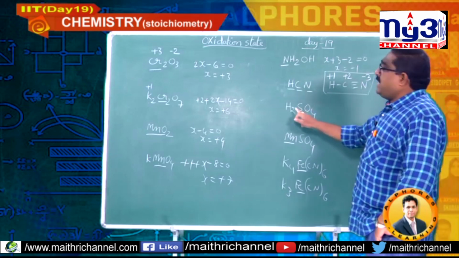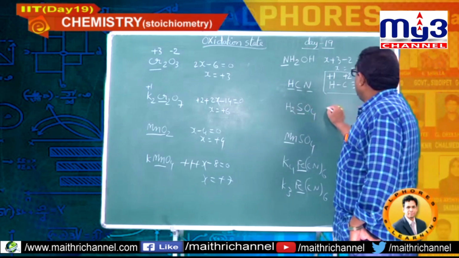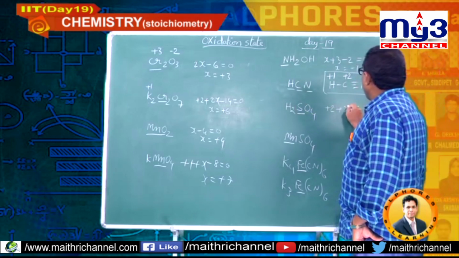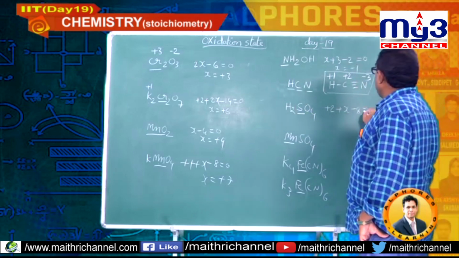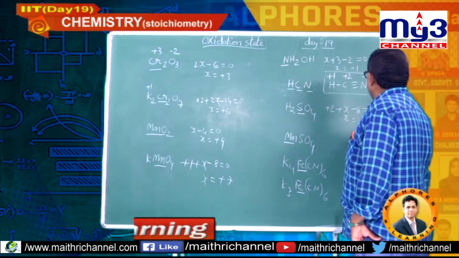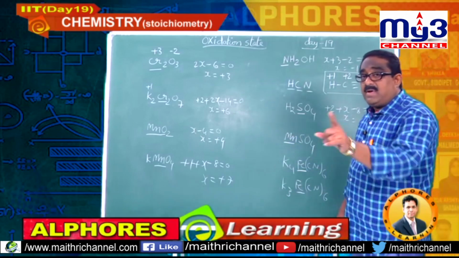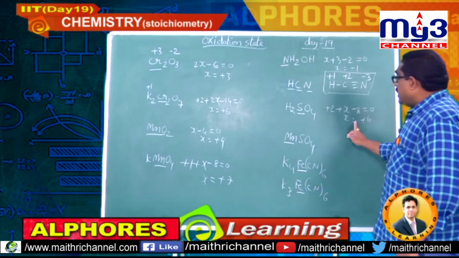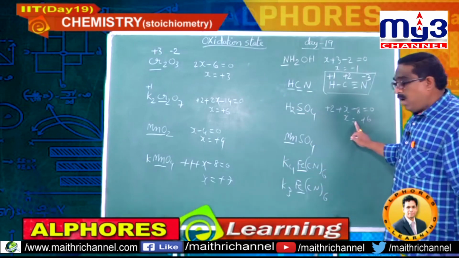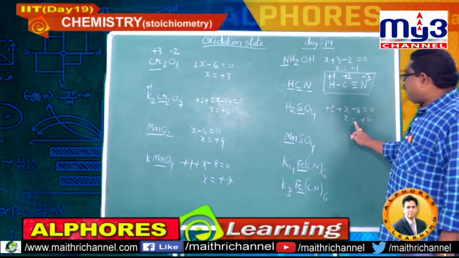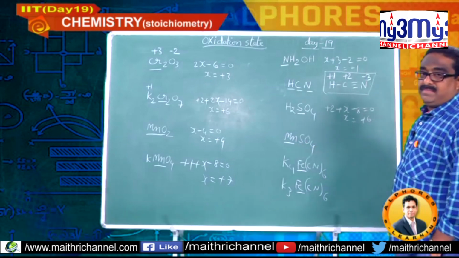Okay. Now come to this. For hydrogen you should assign plus 1. 2 hydrogens plus 2. Sulfur x, for 4 oxygens minus 8, so plus 2 plus x minus 8 equals 0. x equal to plus 6. Possible oxidation state for sulfur, because sulfur belongs to 6th A group. So it is possible, no problem. Now come to the students.